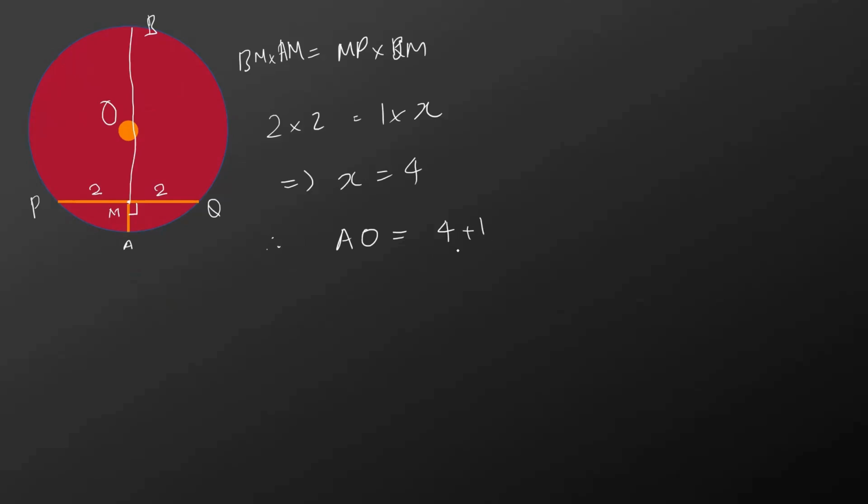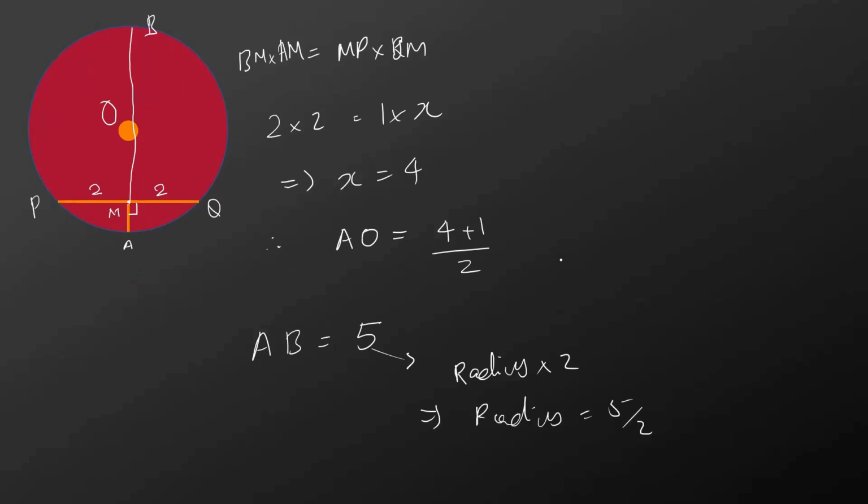Now here's the final step. Since the perpendicular segment from the chord passes through the center and continues to the top of the circle, the total vertical length from the bottom of the circle to the top is the diameter. That is 1 unit from the circle to the chord, plus 4 units from the chord to the arc, which makes a total of 1 plus 4 equals 5. So, the diameter of the circle is 5 units. Which gives us the radius of this circle equal to diameter by 2, that is 2½